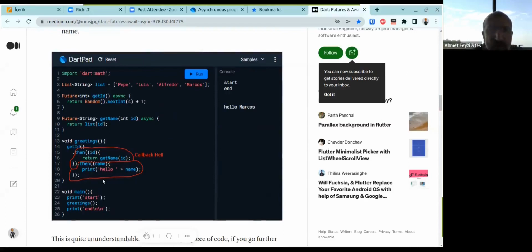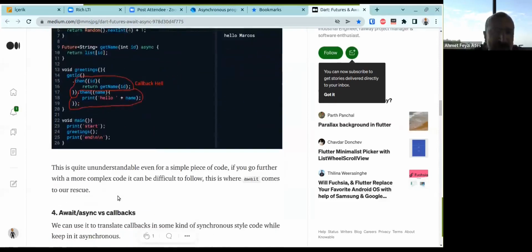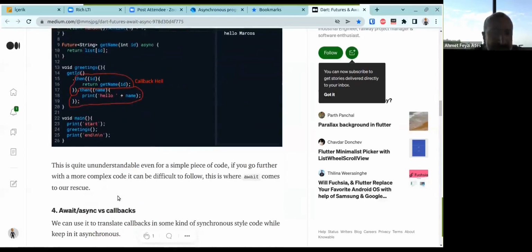So the most important feature for a programmer is to write understandable code. This is very good. Your code must be understandable and maintainable.